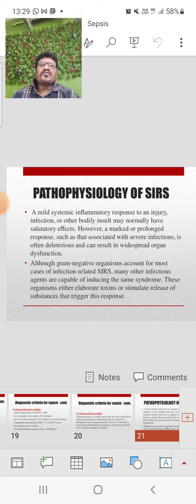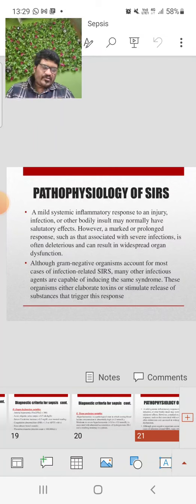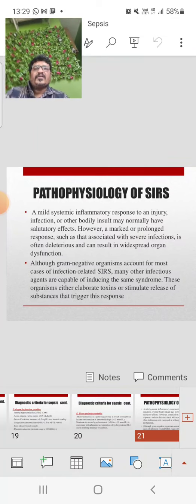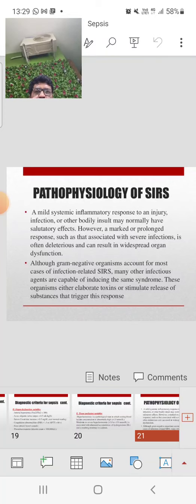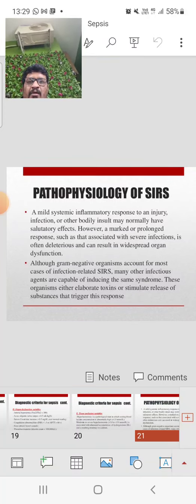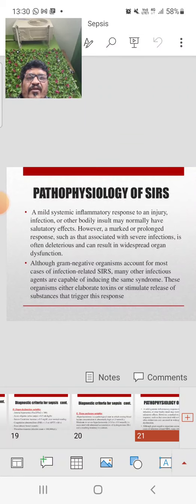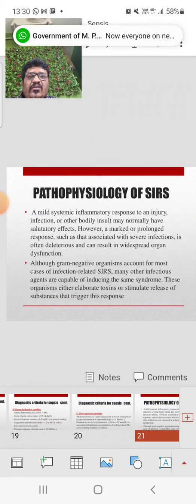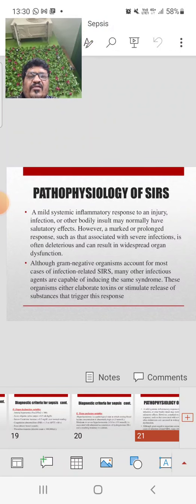So what is the pathophysiology of SIRS? Mild systemic inflammatory response to an injury, infection, or other bodily insult may normally have salutary effects. However, a marked or prolonged response such as that associated with severe infection is often deleterious and can result in